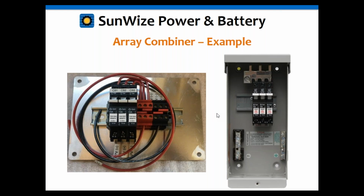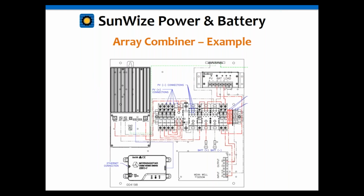And Errol's going to talk about that more when we get into accessory panels at the end of this presentation. And here's an example of a big control panel. Basically, you can see we've actually got 4 breakers on it for the arrays to come into. It's got a bunch of distribution stuff on it for the load. We've got a DC-DC converter as well,